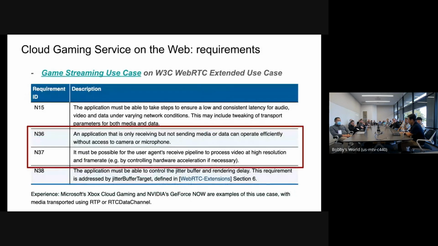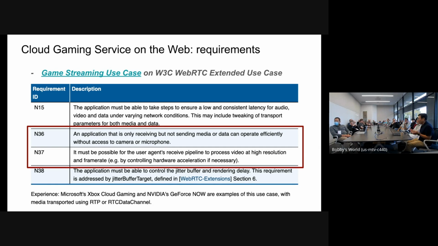The next one is about the web related things. Like I said, the web originally provided the service for video conferencing, which quite matches what cloud gaming wants, which is low latency video streaming. But the main focus of WebRTC is bi-directional video playback.